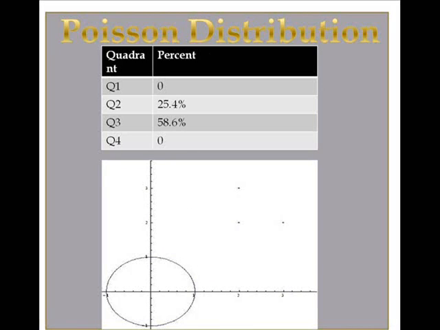The next distribution is a Poisson distribution. This distribution causes points to scatter outside the unit circle in quadrant 1. However, due to the nature of this